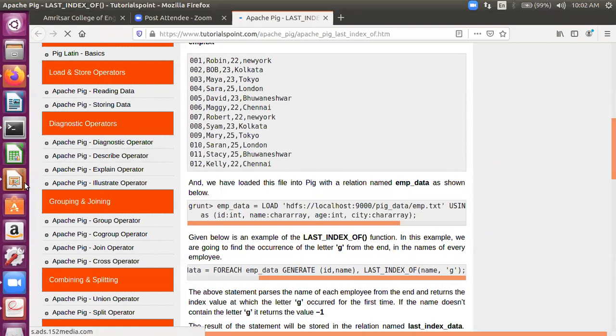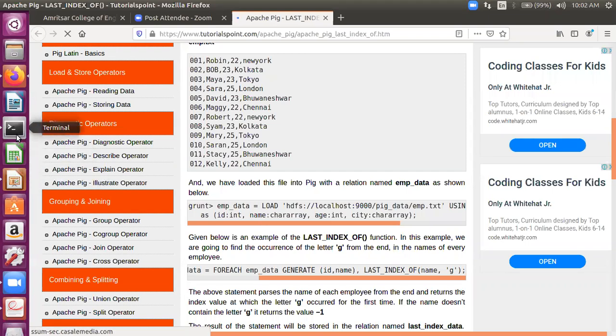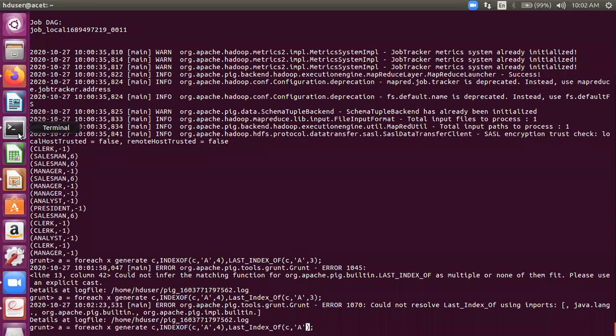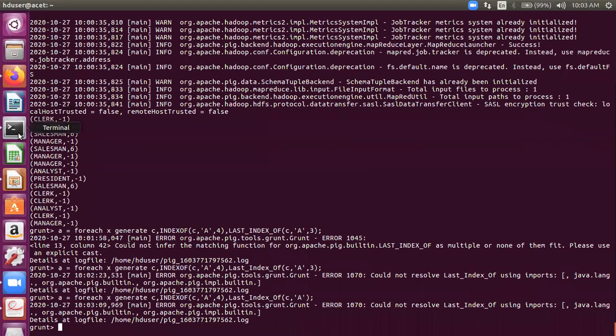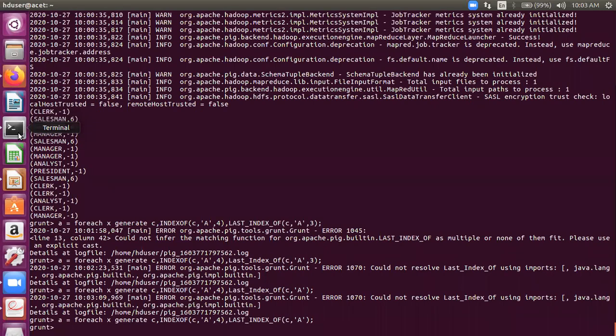Or maybe we should have 2 arguments, I suppose. Yeah, we'll have 2 arguments for this. There's no third argument. So obviously it is searching from the back. Last index of A in job, searching from, no, still not. Yeah, so it's in caps, the words separated by an underscore, and 2 arguments. One is the string and the second one is the character. It will search the last index of, looking backwards.